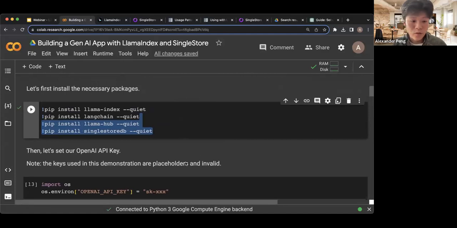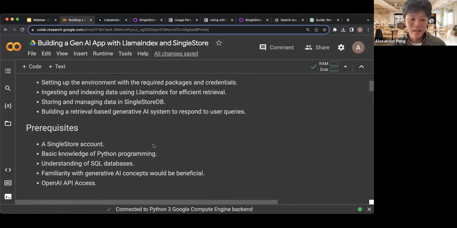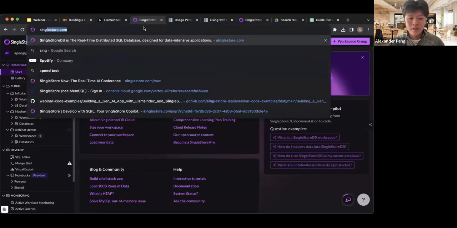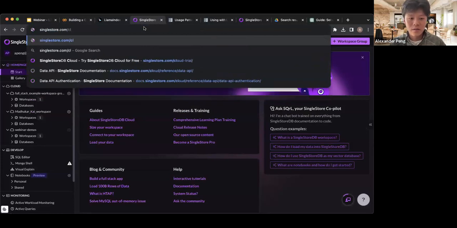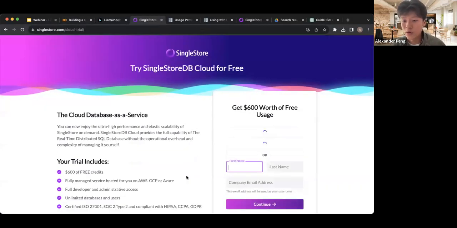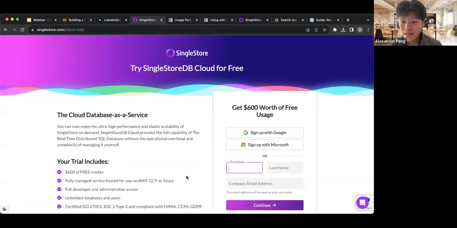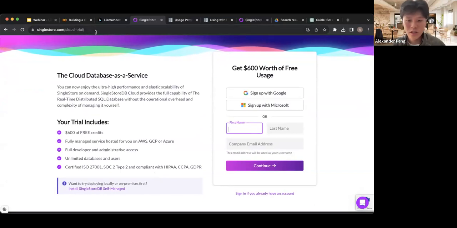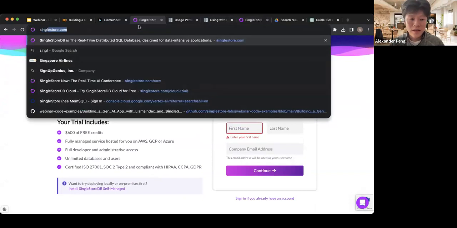So just starting off really quickly here, you're obviously going to need a SingleStore account, some knowledge of Python and SQL databases, and OpenAI API access. So before we even jump into this notebook, what you're going to want to do is sign up for SingleStore in order to get your free $600 of credits and to follow along with this tutorial. So if you go to singlestore.com/cloud-trial, you should be able to sign up for a free account. And once you're in your free account with $600 of credits,